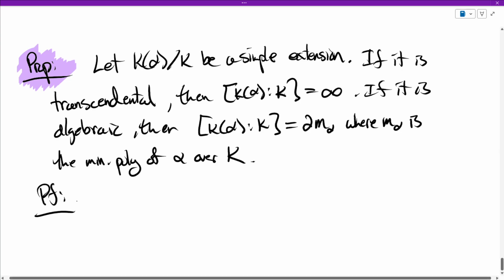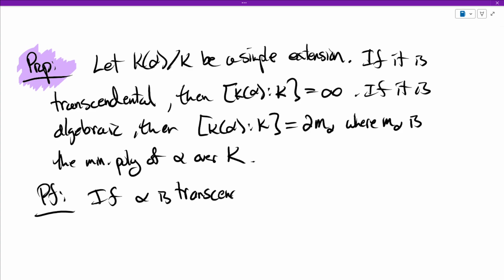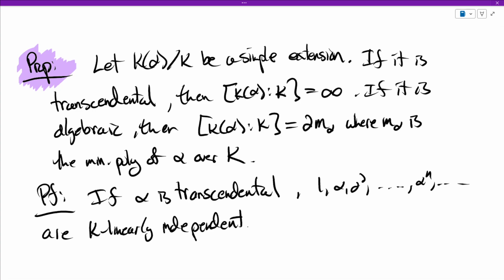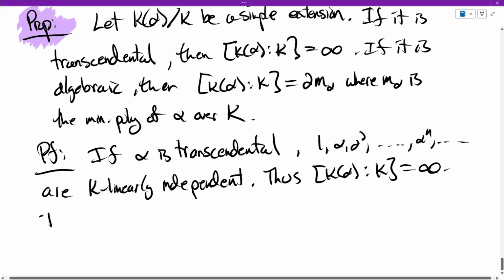Proof. Well, if alpha is transcendental, then all of these elements, 1, alpha, alpha squared, all the way up to alpha to the n, and keep going, these are all linearly independent. Because if they were linearly dependent, you would have a polynomial that alpha was a zero of. So that's that. So there's infinitely many terms in a basis. In fact, again, it's countably infinite, but infinite. And then if it's algebraic,